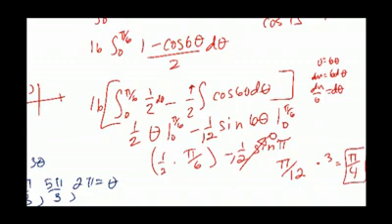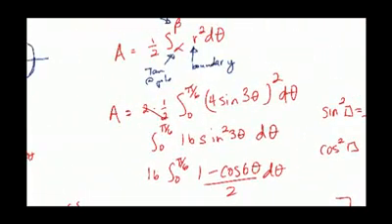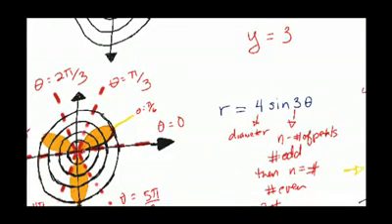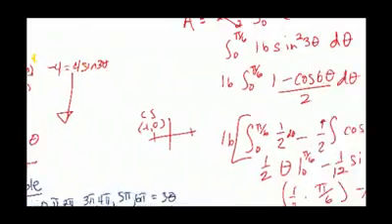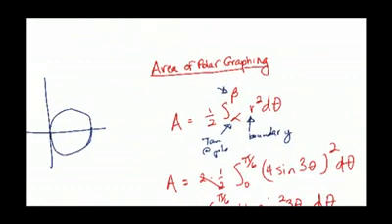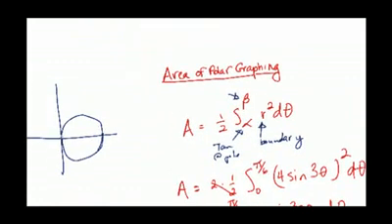Again, there are going to be more complex areas, but just find out what your boundaries are. Try to use symmetry when possible. You could have gone from 0 to pi over 3, but since I went to the midpoint, that would cancel the 1/2. And then you do r squared. Don't forget your trig identities. And practice always makes it easier. Make sure you look at the example where it has